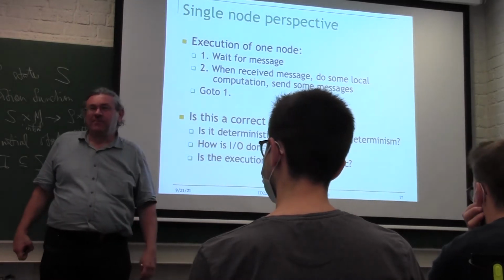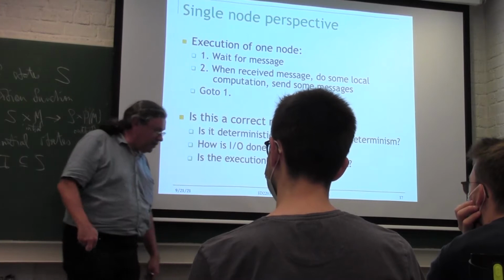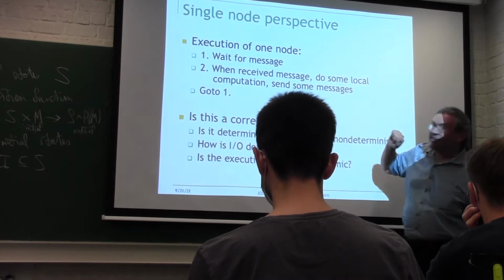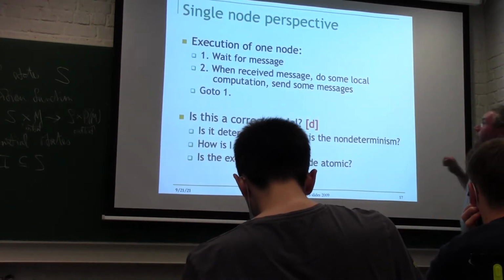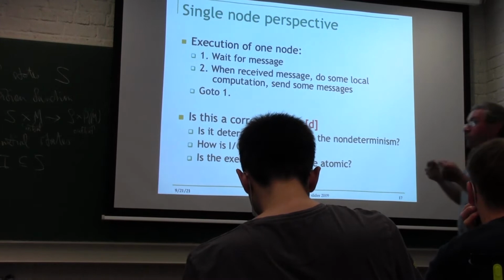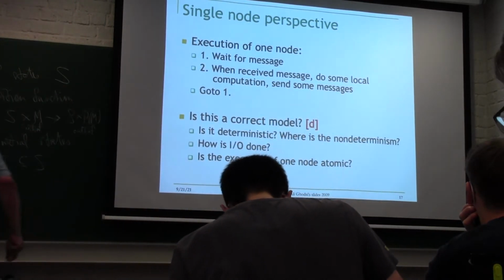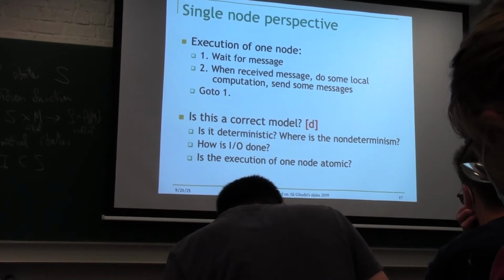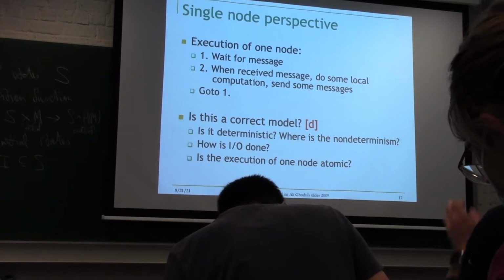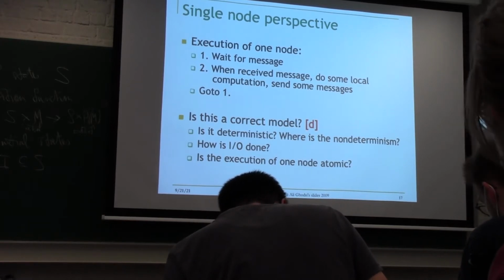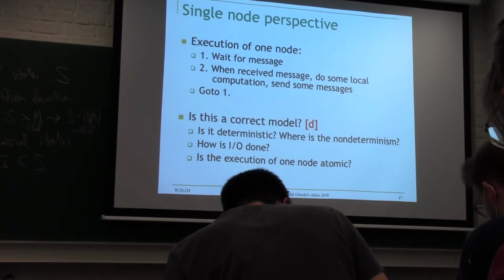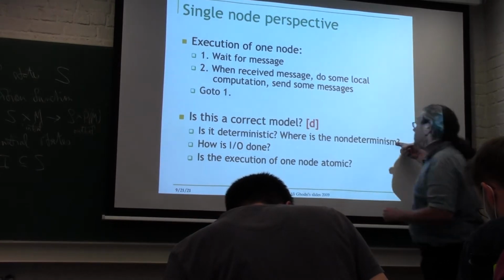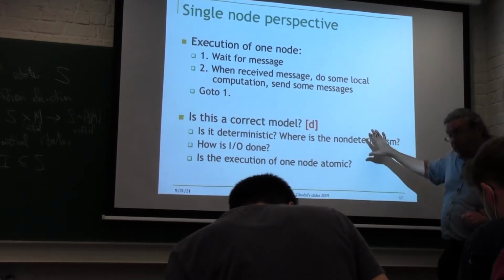Yes? The moment where we receive the message? The moment we receive the message, that's very correct. Yes, that's exactly right. So, in fact, this is only the local computation now. I still haven't told you the magic rule for messages coming in. But the magic rule that transfers a message from an out buff on one node to the in buff on another one, you also need that, in addition to this. And this transition, you can do it anytime you want. You don't have to do it immediately, okay? So the non-determinism is in when you receive the messages. That's the only place.